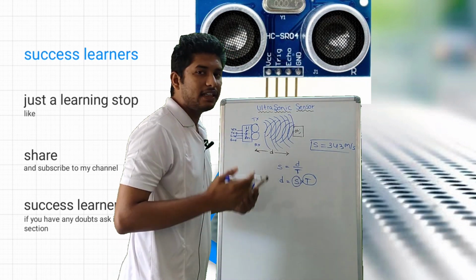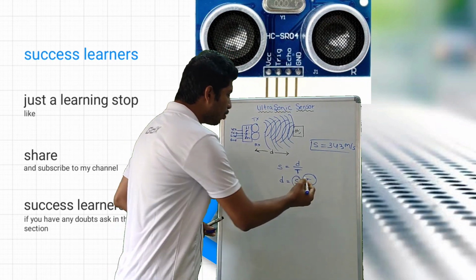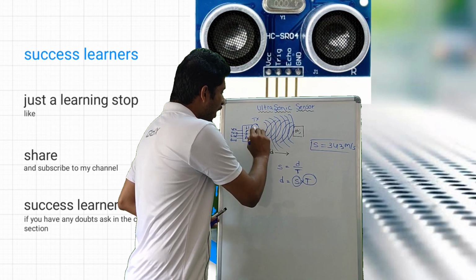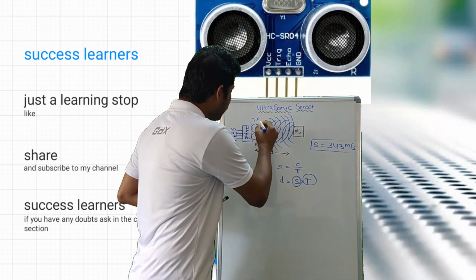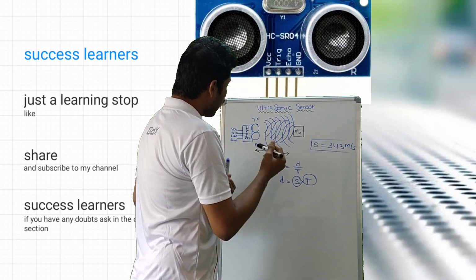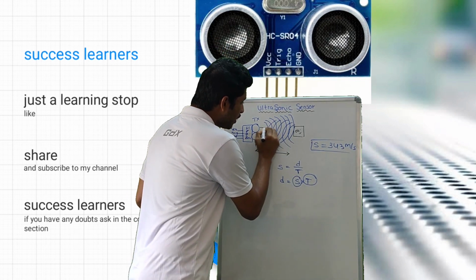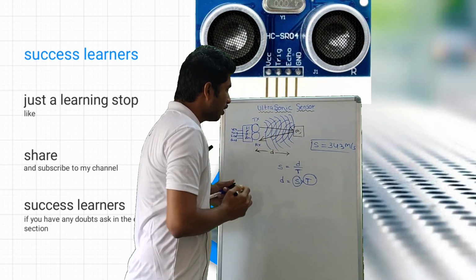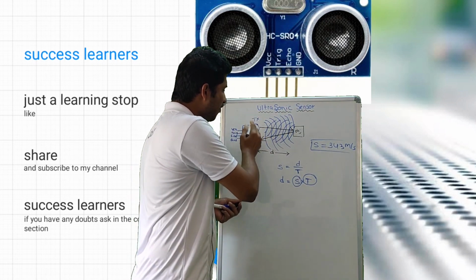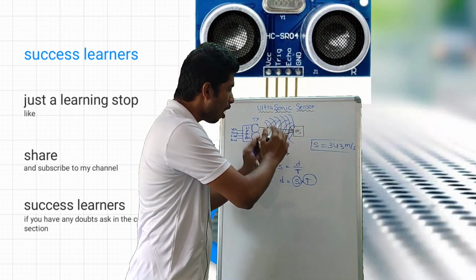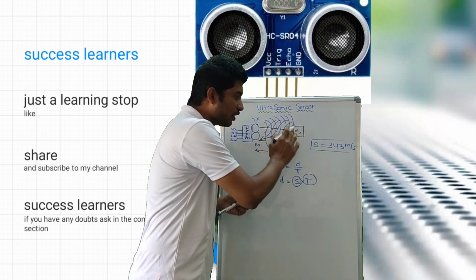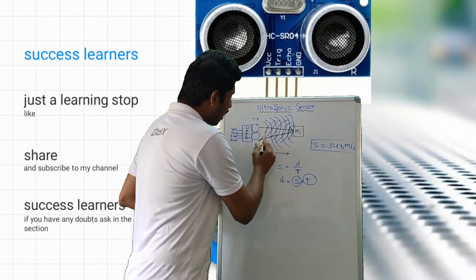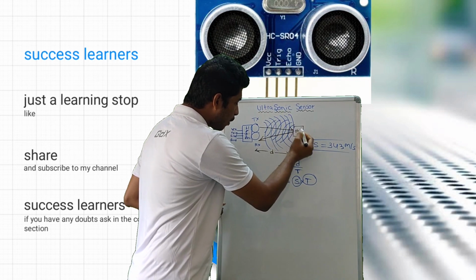So how are we going to calculate the t? We will know this time from the ultrasonic sensor. At the start we have to set a time for the transmitter, and then calculate the total time to reach the object and the object to receiver. The ultrasonic sound signals will travel from transmitter to object. After interrupting with the object, they travel back to the receiver. So they travel a path from transmitter to object and object to receiver.